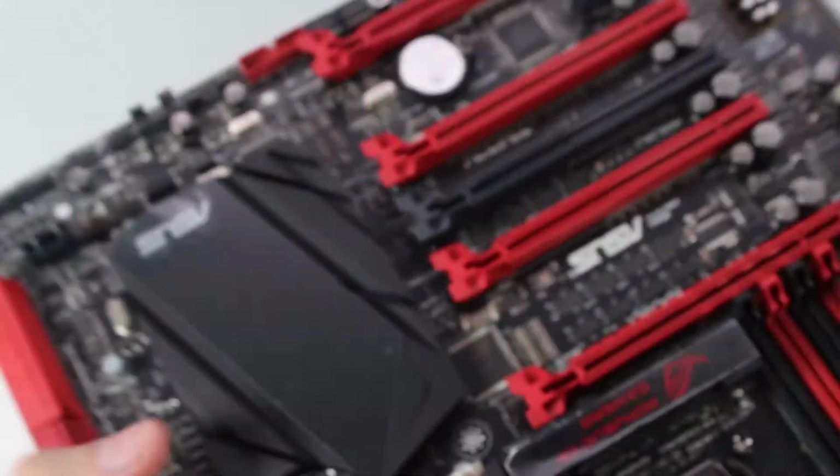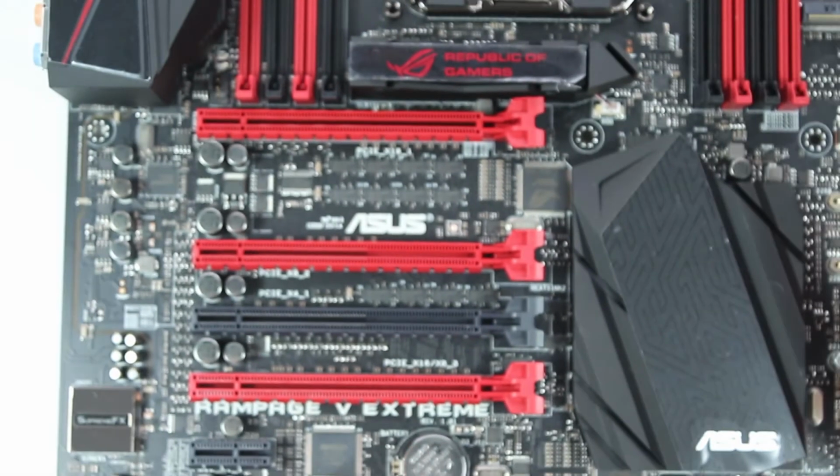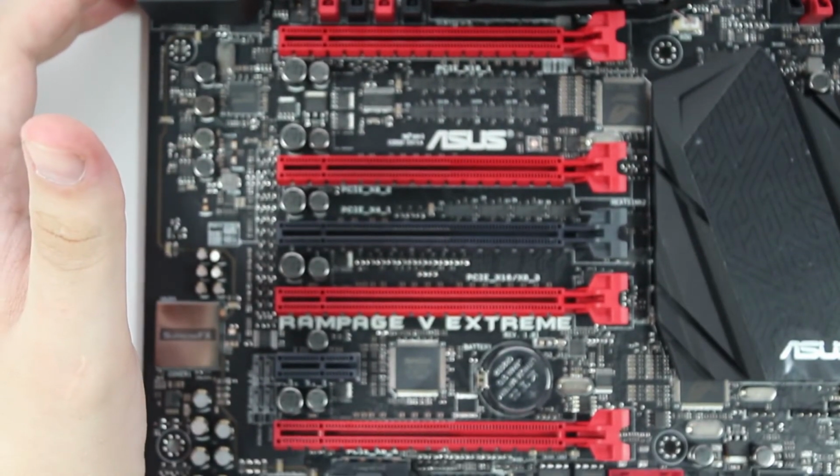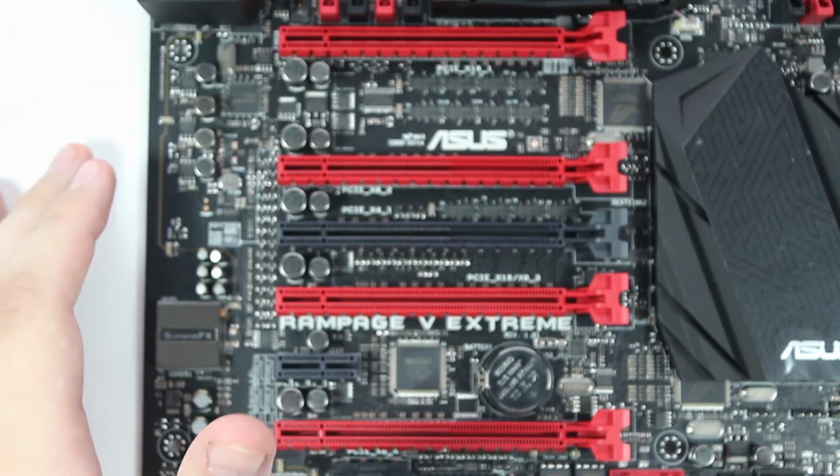Right, and that's pretty much the main connectors, but let's take a closer look at different sections of the board. We will start with the PCI connectors here. I'm just going to move that up so you can see it better. Okay, so now the PCI lanes,